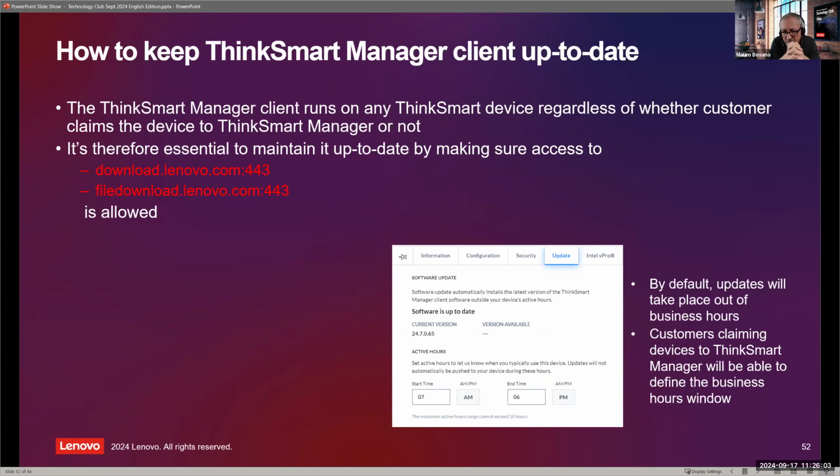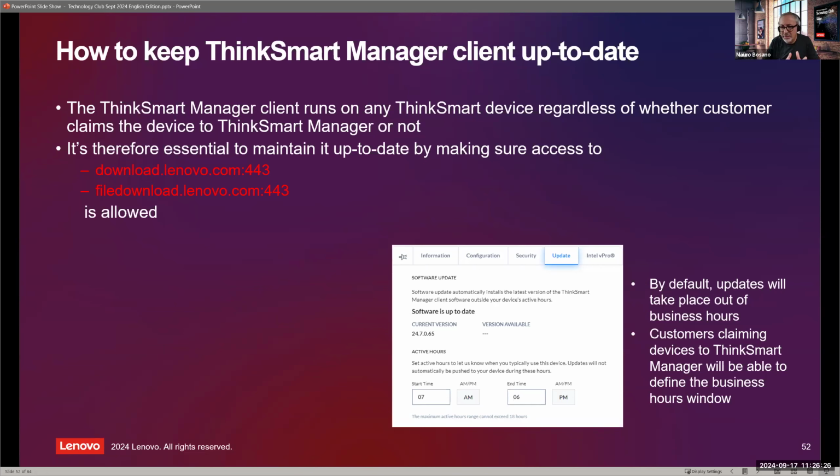Please be aware that it doesn't matter whether the customer is using ThinkSmart Manager, the service, that is the cloud-based service, or not. In any case, the ThinkSmart Manager client is running on the device, and it is doing several